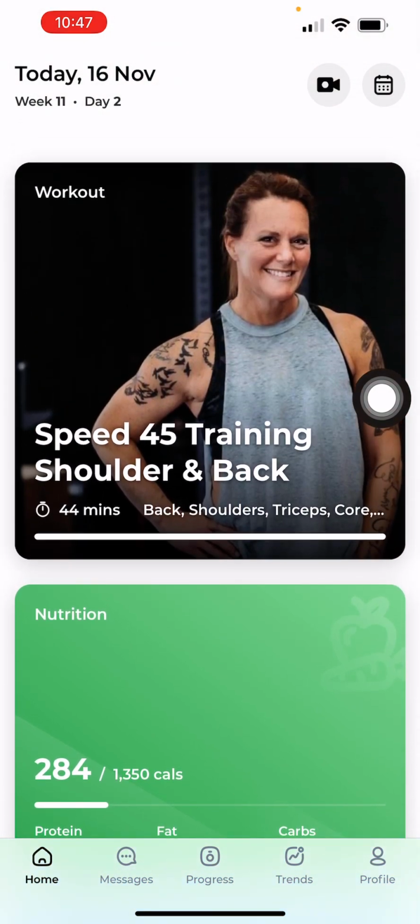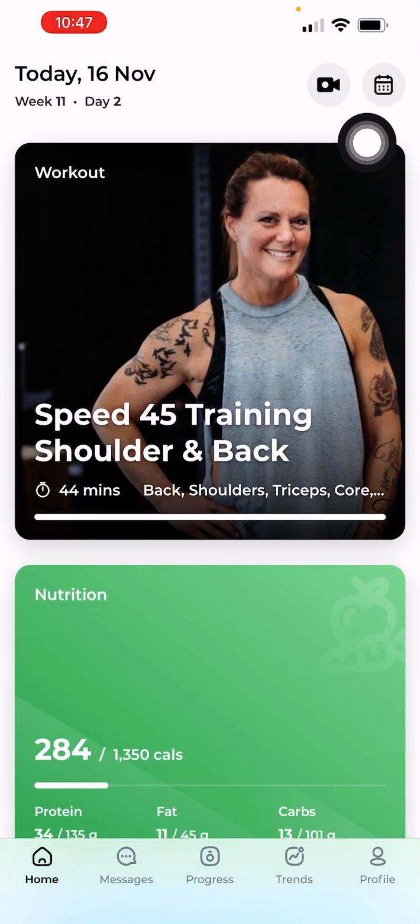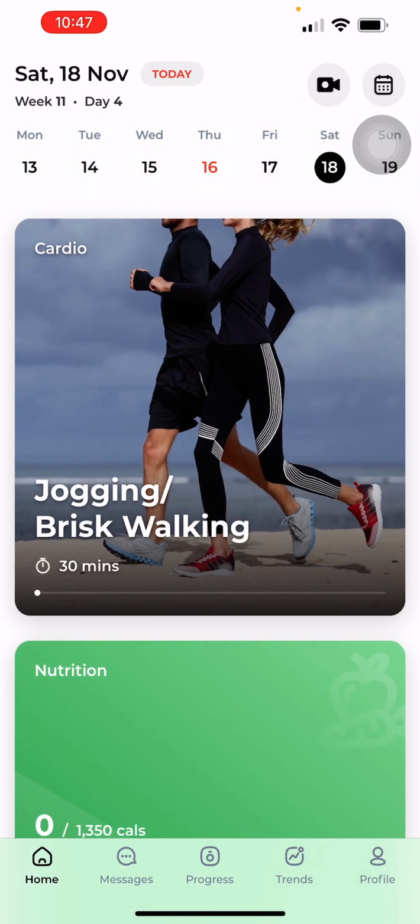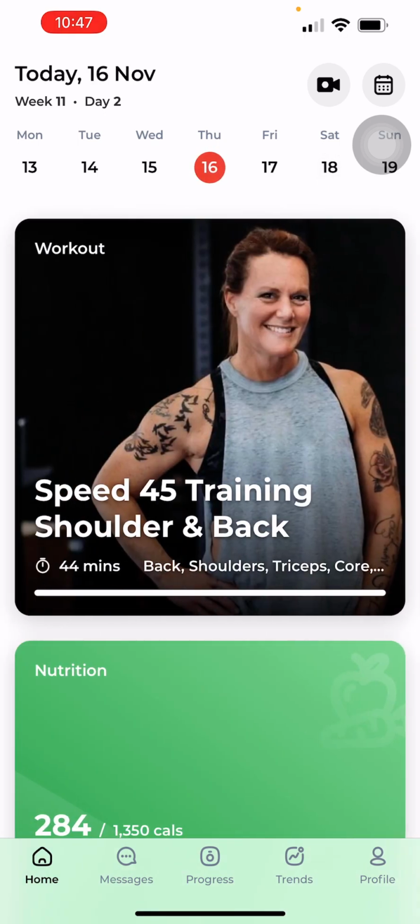So I want to start up at the top, in the top right, so that you can see this calendar where you can navigate through the days, or you can simply click on today and go back to today. There's also this